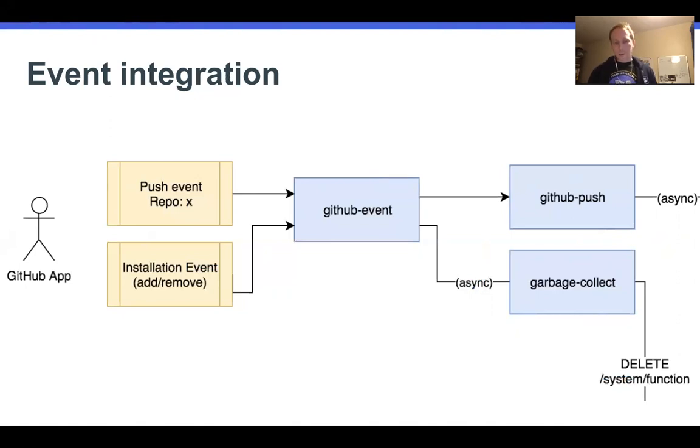Now, with GitLab, we don't have the same level of integration available to us. So the way we've done this is we'll do push the same way, but adding and removing is done by tags. So if you put a tag on your repo of OpenFaaS Cloud, an event comes here, we'll start building it. If you remove it, we clean it up.